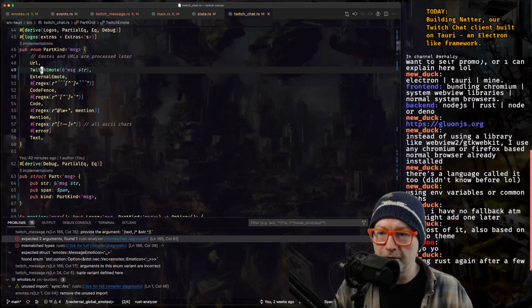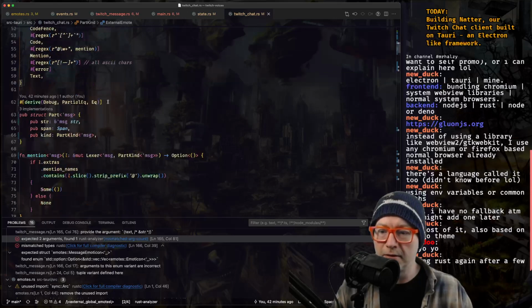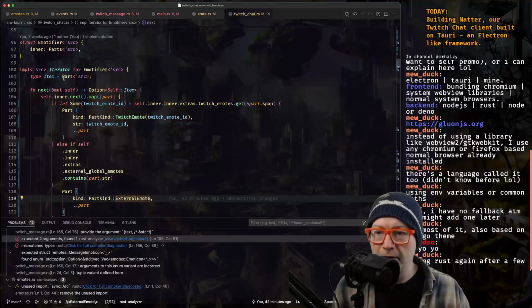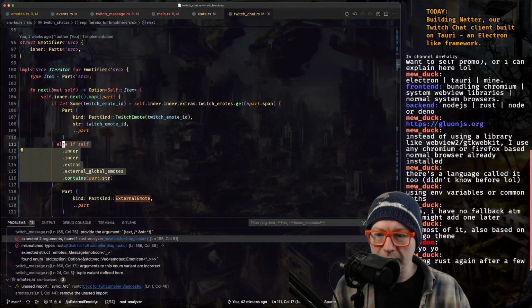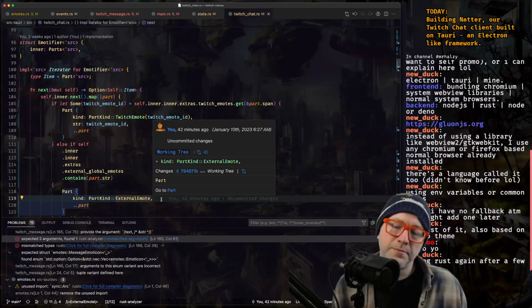And here we're trying to distinguish between a Twitch emote and an external emote, which makes sense. In our emotifier, we're looking for different parts, and if we find that a piece of text is within this dash set, we say it's that kind.